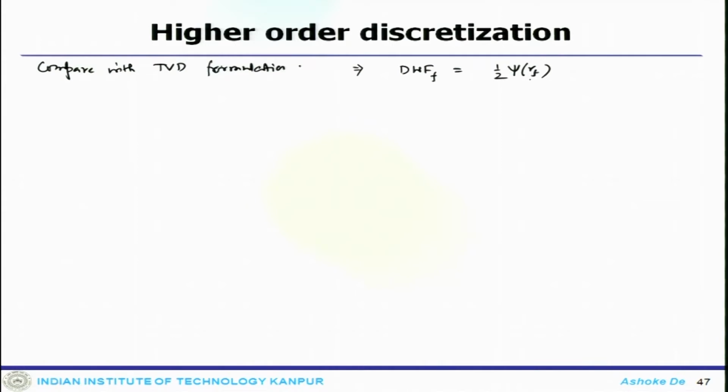Now the coefficients arising from this implementation would be diagonally dominant. If you use this downwind factor based on the TBD framework, they will become diagonally dominant, and that is why this would be quite stable.